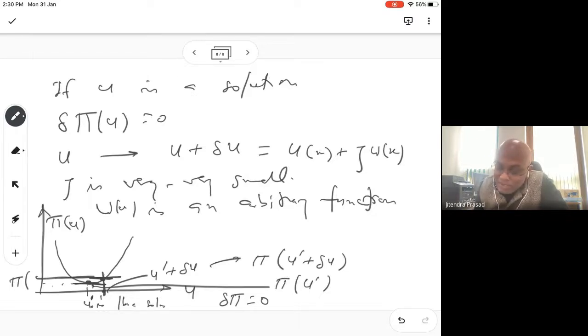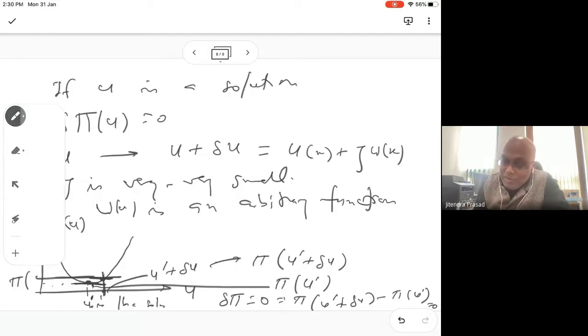That's what we want to check. Del pi equal to 0 we will do. So what we want to do is pi(u' + delta u) minus pi(u') is equal to 0. You want to make that. Why? Because the slope is 0. The slope is such that